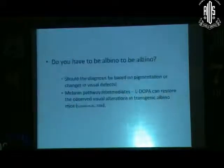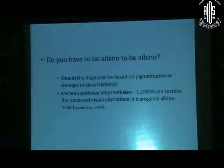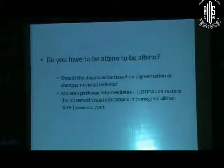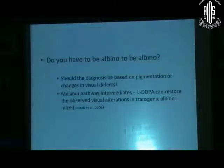So I won't go into this because Kumar has already talked about it, but still there are a lot of things which we haven't understood. We have found the gene, SLC, but we still don't know very much about this gene. We've always thought in albinism, and Jeffrey, who works at the Institute of Ophthalmology, has done a lot of work on the optic chiasm, and why it's so complex, and how melanin is linked to chiasmal misrouting. But what we find now is a gene where these patients have optic misrouting, and